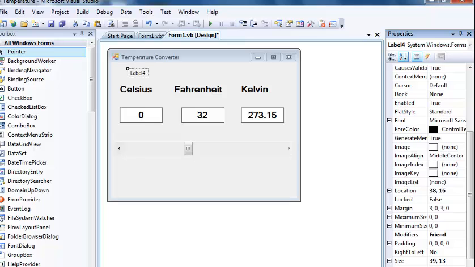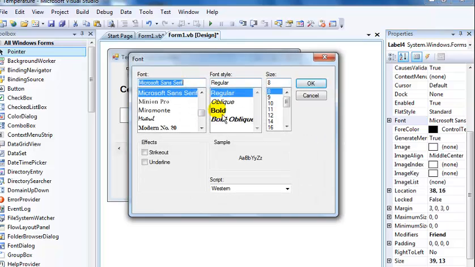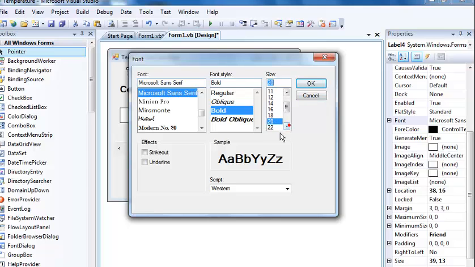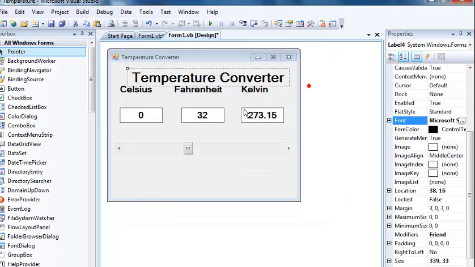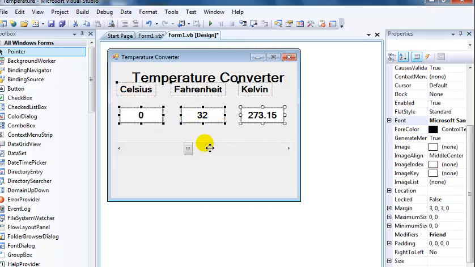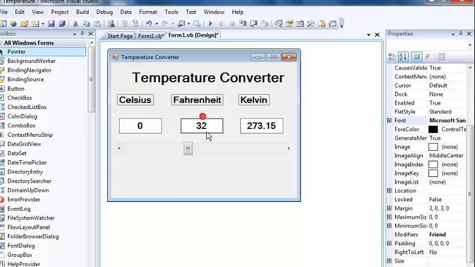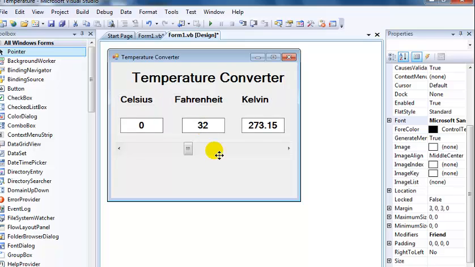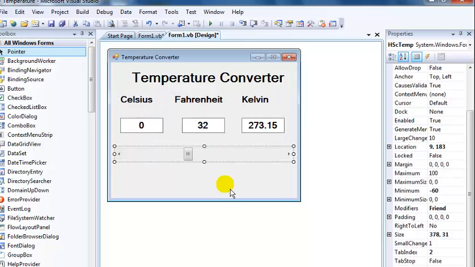Just increase the font size, bold, about maybe 22. Yeah, that's good. And move all of this down a bit. Okay, this down, and maybe